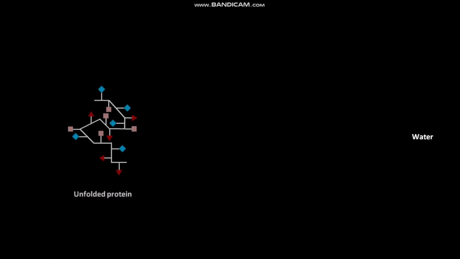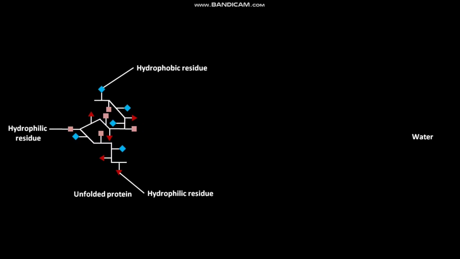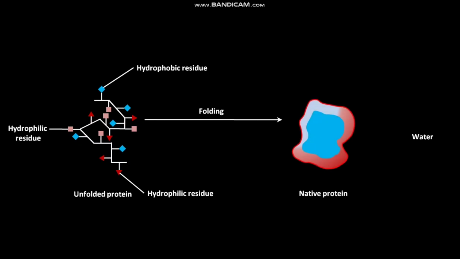The unfolded protein has nonpolar hydrophobic residues and polar hydrophilic residues. When the unfolded protein undergoes folding, it produces a native protein. The nonpolar hydrophobic residues cluster together somewhat like an oil drop and form the core of the native protein, or